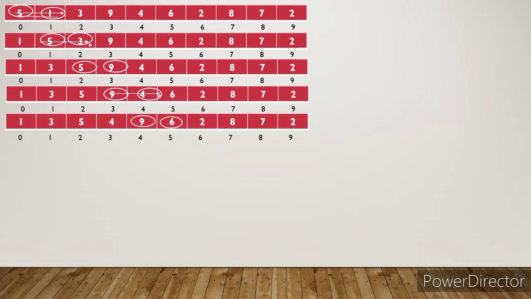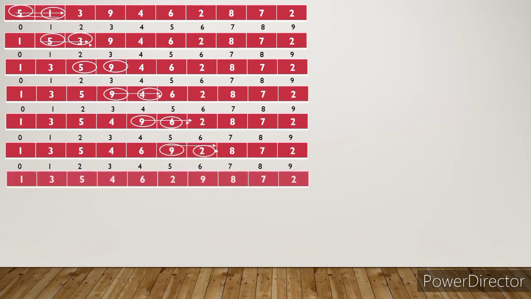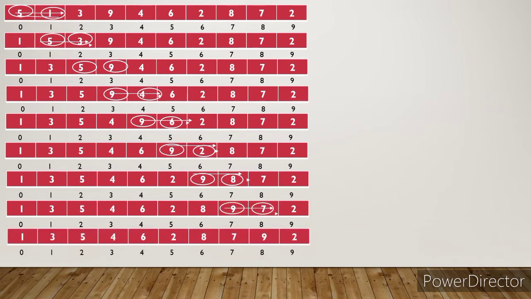Next we move to 9 and 6, again not in order, so they are swapped. We move to 9 and 2, not in order, so they are swapped. Likewise it continues forward with 9 and 8, 9 and 7, and finally 9 and 2, which is again not in order, so they are swapped.